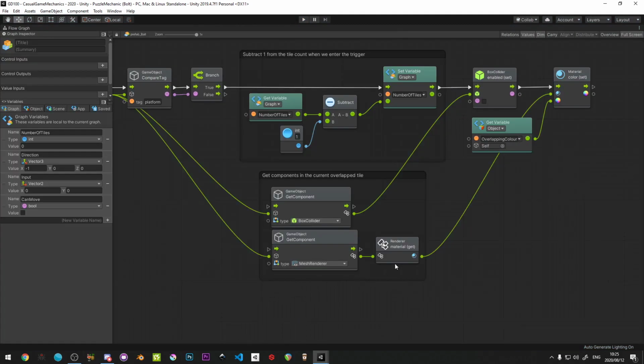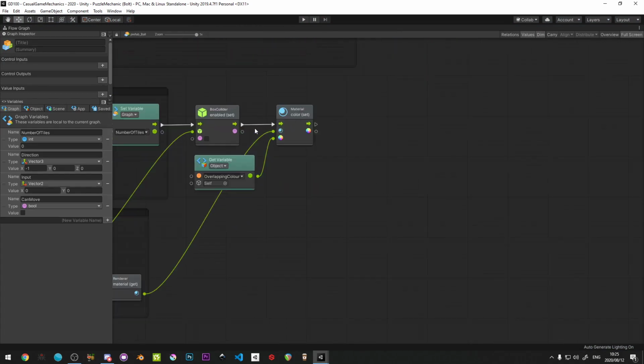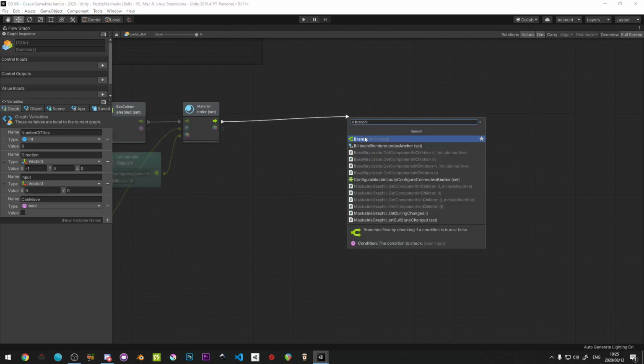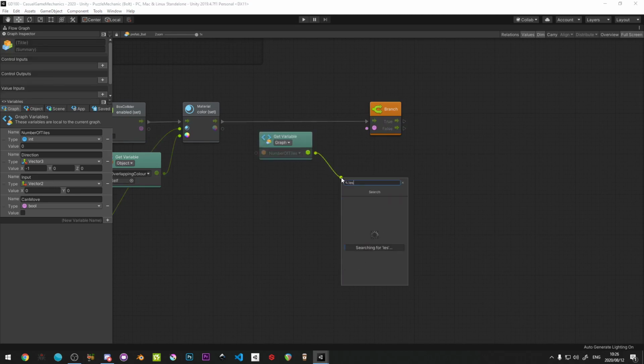So we need to have a check after this. After all of this stuff, we are going to drag off the end here. We're going to do a branch because we need to do an if statement. And this is going to be a very simple if statement. We're going to grab the number of tiles, and we're going to see if the number of tiles is, I always do a less or equal to or